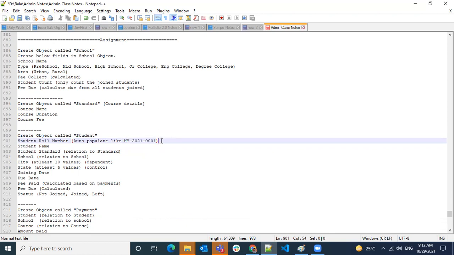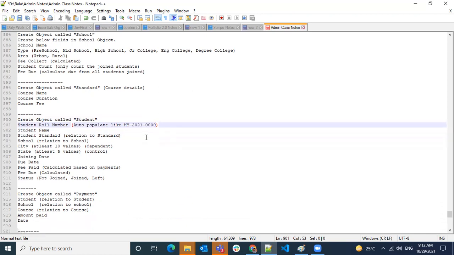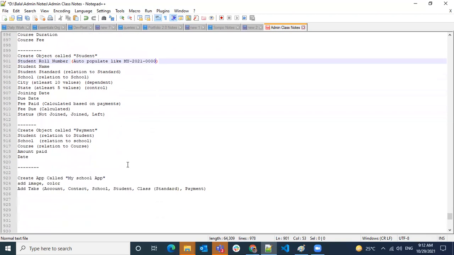This has to be like this. I'm looking at a series like this: 2021001 for the first student, second student 2021002, like that series. I want to have a roll number. Then object, field creations, relation, roll up summaries, and what else have we covered there?